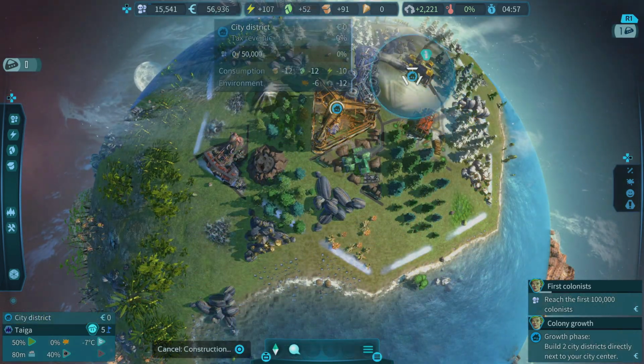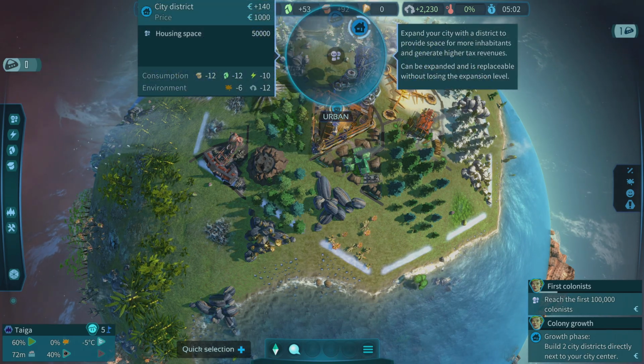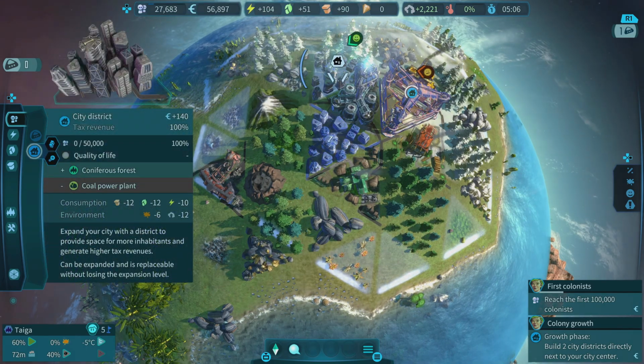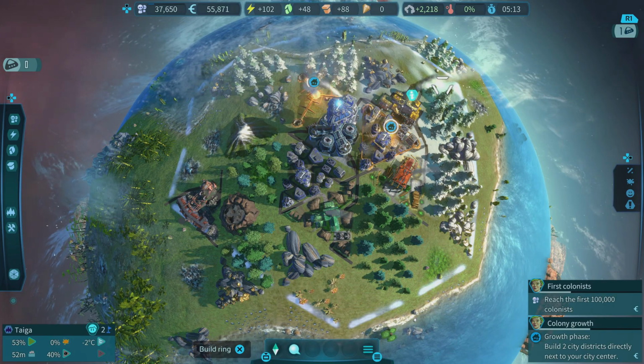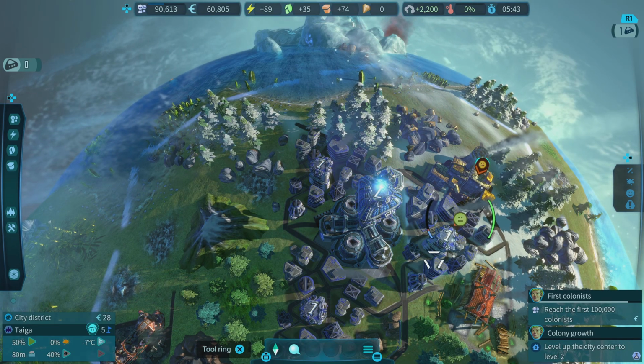Right now our main objective is simply to get more colonists. So they want us to build 2 city districts right next to the city center. So you can use the radial menu to do that. The city center has a level, and the districts also have their own level, and each can be leveled up